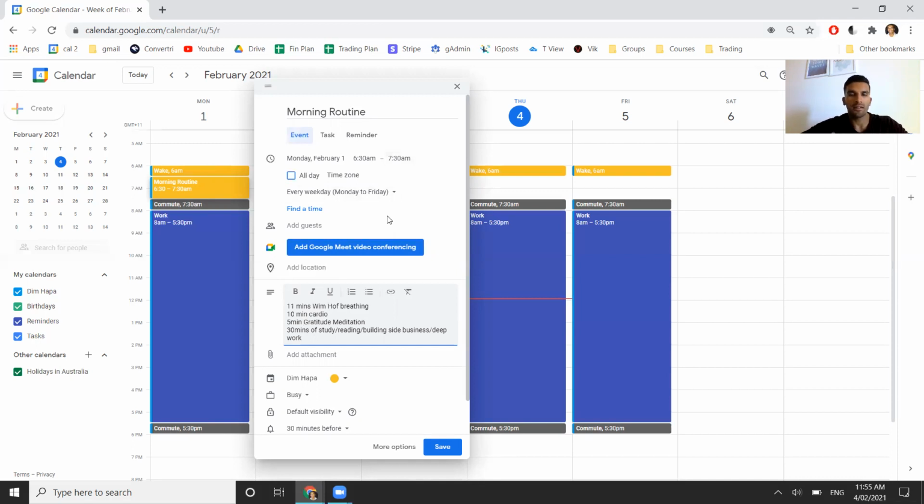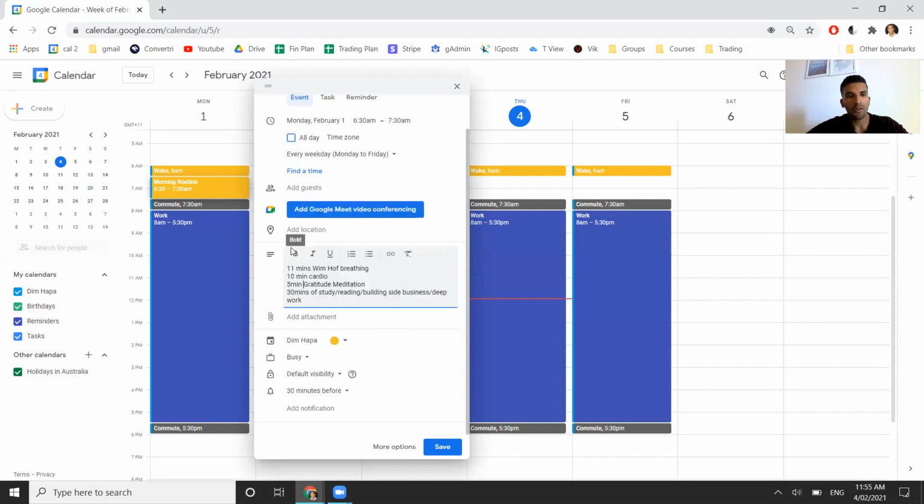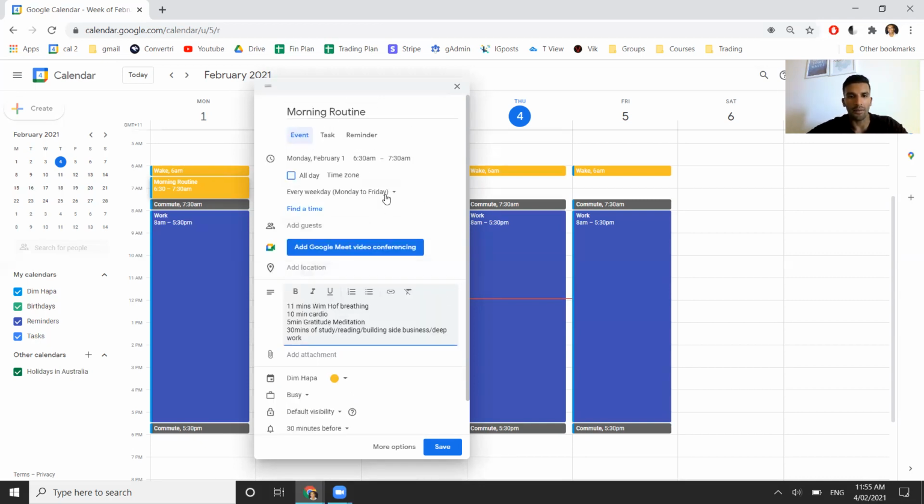When you get used to it, you have to flex a little bit so you can get used to it and get into a routine. And over time, as you do it consistently, you'll get faster and more streamlined with it. But there's your breakdown of your morning routine, and you may choose to do your gratitude meditation on your commute or the Wim Hof on the commute. I did both. I didn't really care what people thought. I just did it.